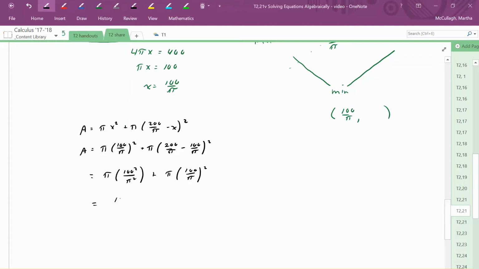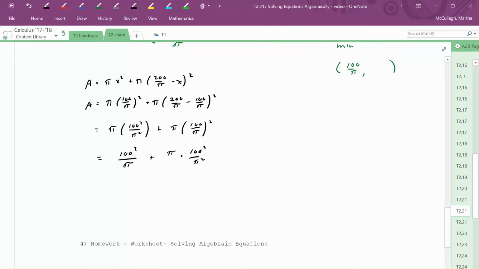That can reduce to 100 squared over just a pi. And I'm going to do the same thing here, that I have 100 squared over pi squared. So that's going to give me 100 squared over pi plus 100 squared over pi gives me 2 times 100 squared over pi,